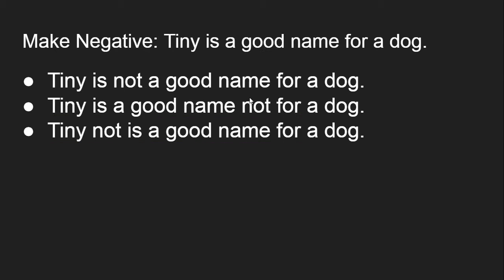Let's look at the next one. Tiny is a good name for a dog. Looking here, the options are: Tiny is not a good name for a dog, Tiny is a good name for not for a dog, or Tiny not is a good name for a dog. Which is the proper way for the negative? Well, let's look for the verb is, am, or are. Here's is. So the negative would go here, and the only one that has the negative right after is the